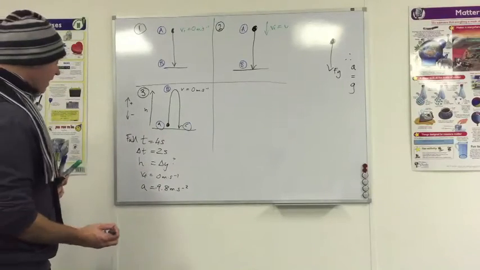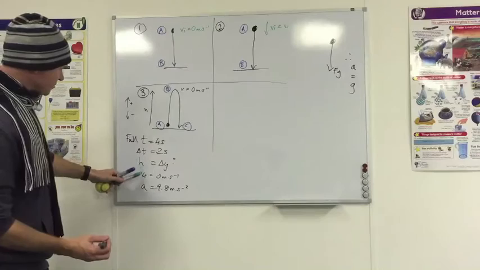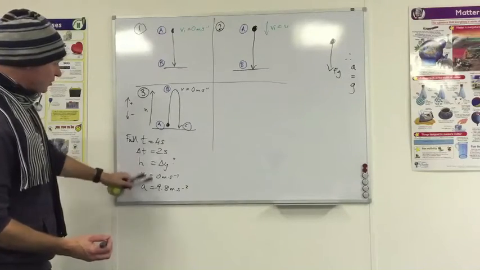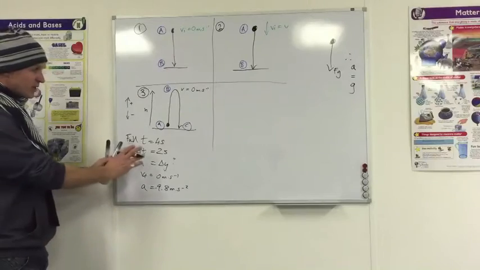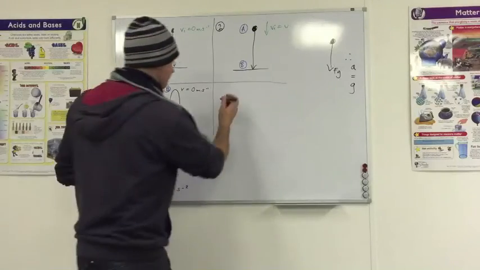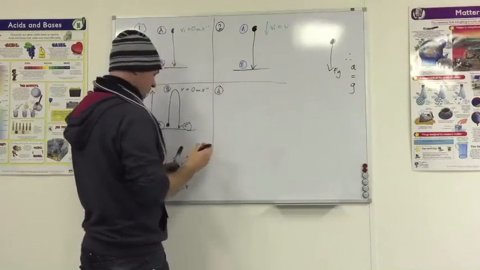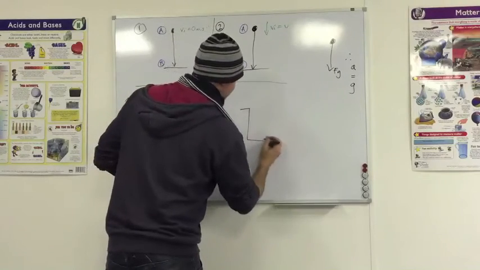Okay. We've got t, we've got our distance, we've got final velocity, we've got a. We're doing good. We don't need the initial velocity because we've got enough to put into an equation. So I'm going to leave that there, and let's move on to the fourth scenario,